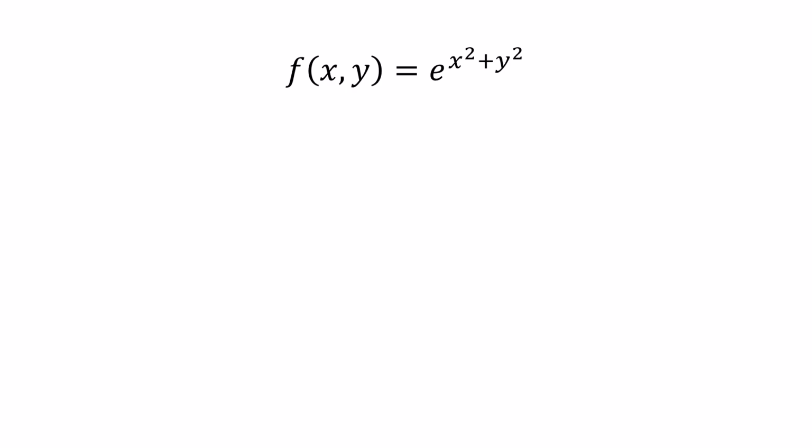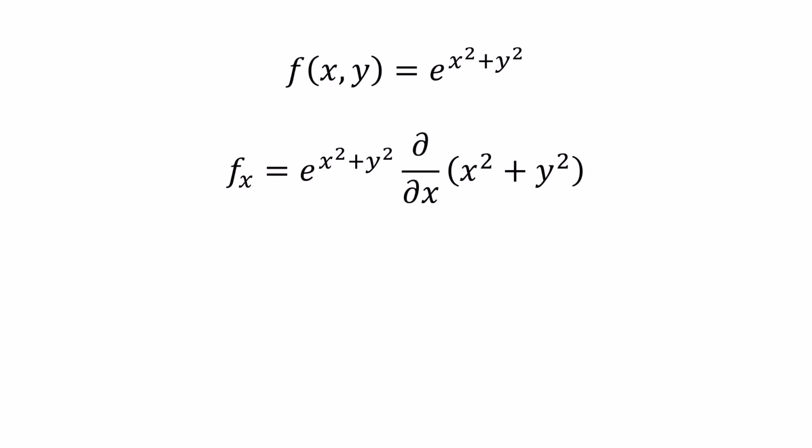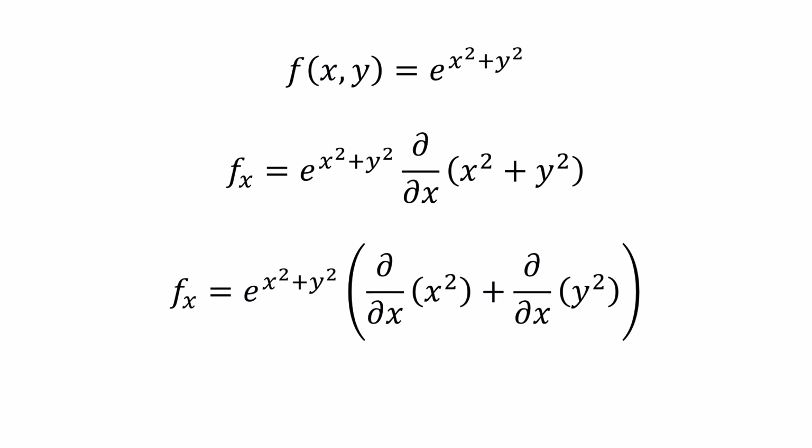To begin, we apply the chain rule to obtain f_x = e^(x²+y²) times d/dx of x²+y². Applying the sum rule then gives